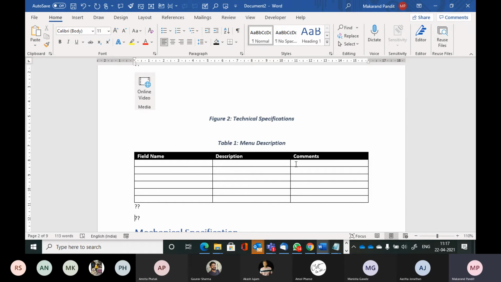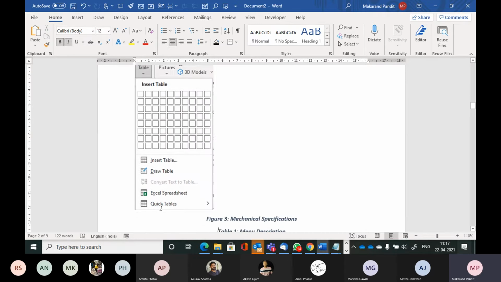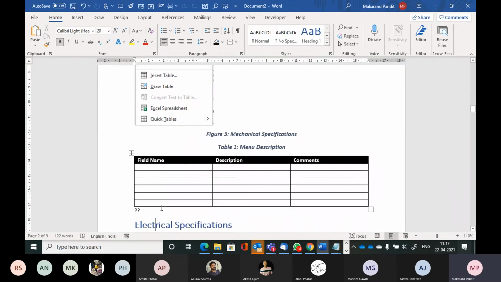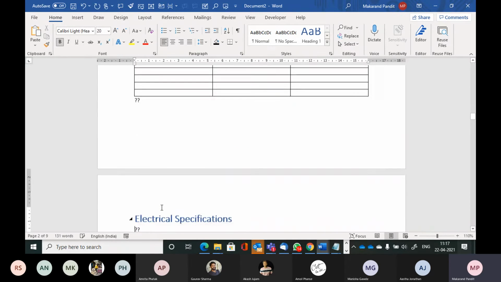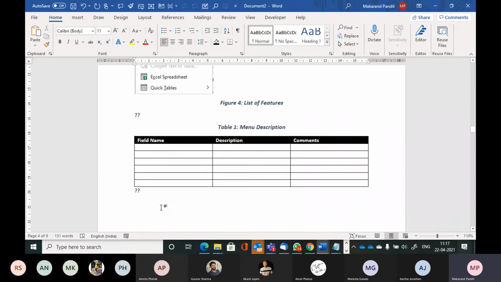But I may also have buttons. So what do I do? So I'm going to paste it here once again. And here I'm going to say button name and description. Correct. Now I'm going to paste this also. And you can decide whatever number of rows you may want to paste or whatever. Correct. So I say, okay, it comes here. It comes here.